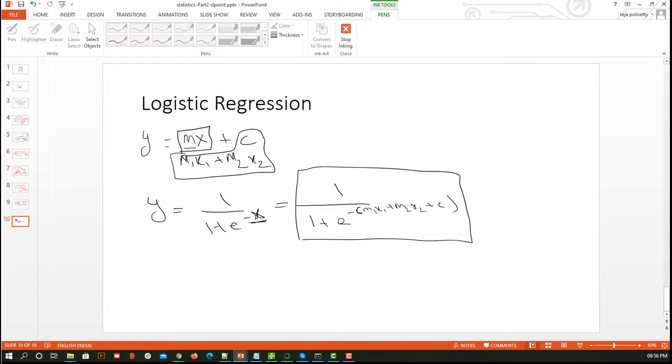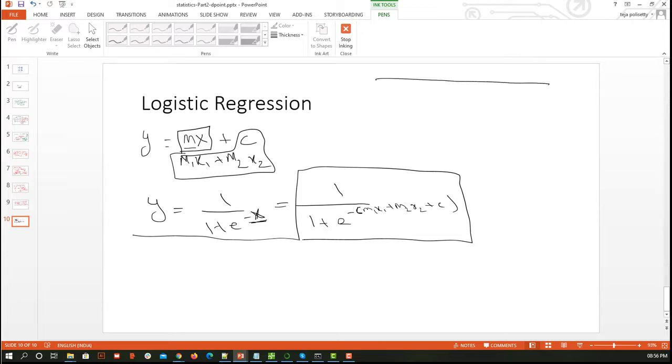So that's how we can use logistic regression for 2 classes or multiple classes, but it is recommended to go for only 2 classes. Now, for every algorithm we have one basic function. For logistic regression, this was our basic function, and you can see the graph of it is something like this.